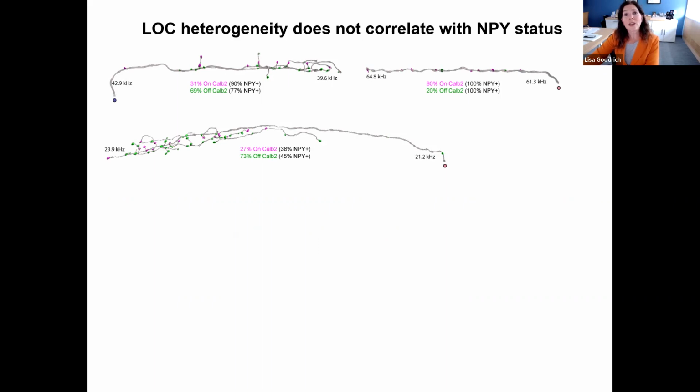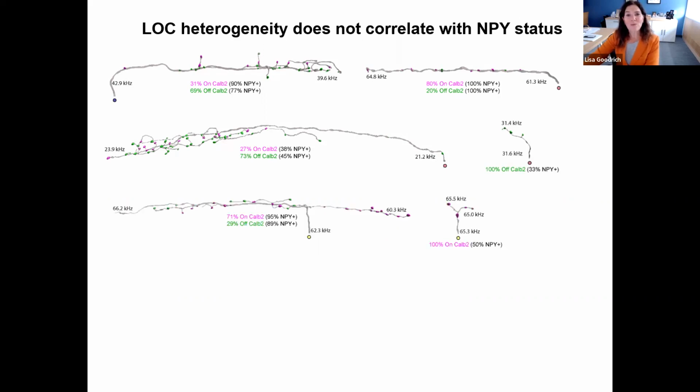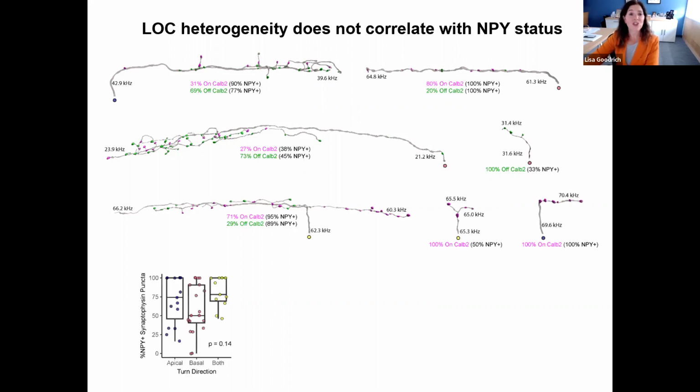So some of them turn towards the apex, some turn towards the base. Some of them have these big nests. Some of them have these kind of short little projections. Some of them bifurcate and go in both directions. Some of them can be 100% opposite calretinin positive fibers. Some of them can be 100% NPY positive or only 50% NPY positive. We basically saw every combination,